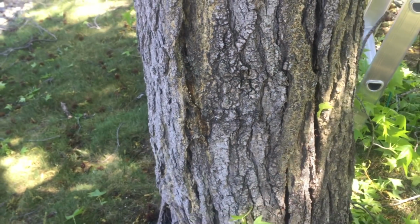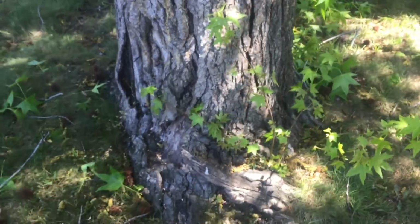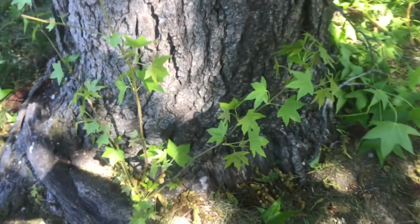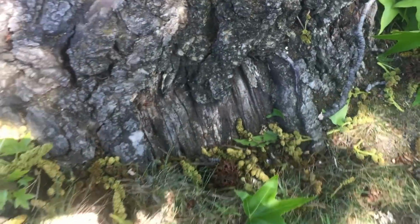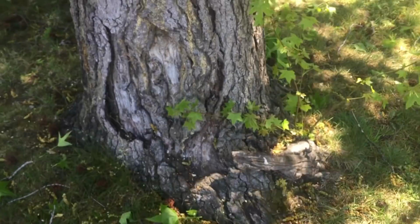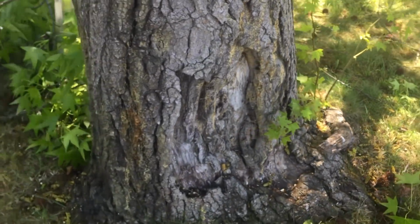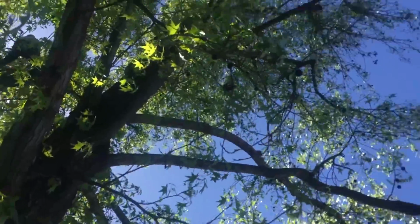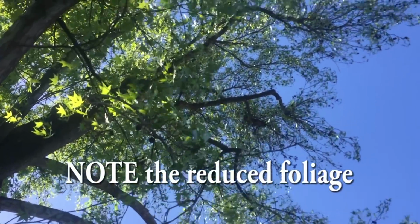I see this more and more in liquidambar trees. This tree also has other impacts along the base. You can see that a long time ago, that could have been a lawnmower impact that got worse, as well as this one over here. It could have been equipment. It could have been a number of things. So the tree is surviving with these impacts,